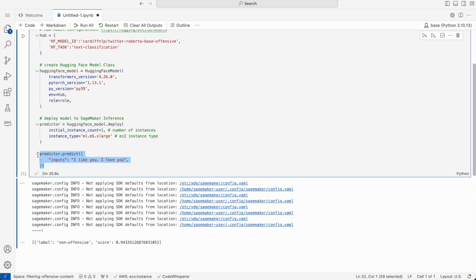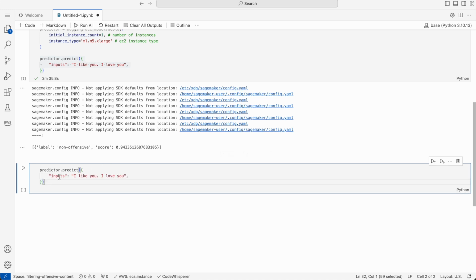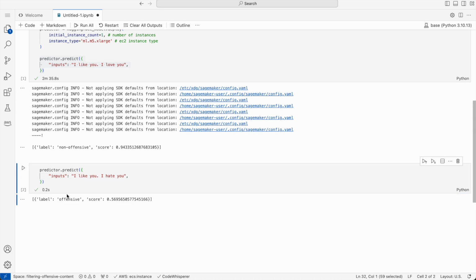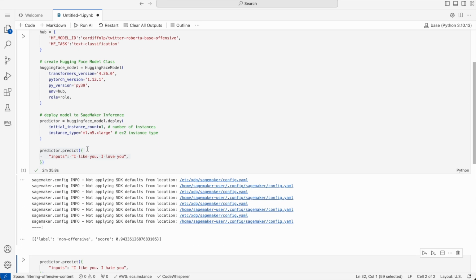We can add a new code snippet and, for example, replace the word with "I hate" and run it, and it becomes offensive. So this is how you can use it, and now you can add all your code there and follow the same pattern